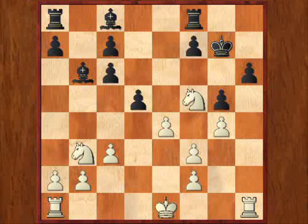But now this is a very opportune moment for Ivanchuk to exchange one of his bishops against this knight, which would otherwise be very strong, of course, because it is on a support point, and there is also an immediate tactic because of the threat here against h6. So Ivanchuk is probably forced to take that knight. And now